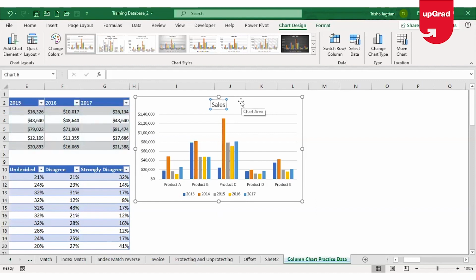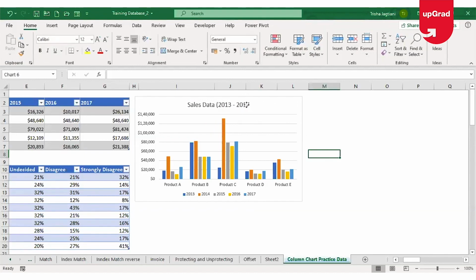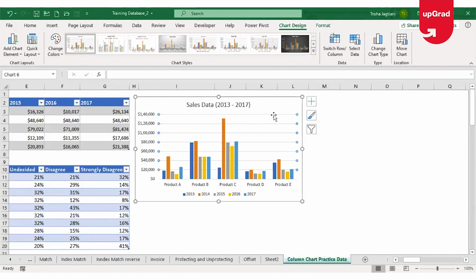Without a chart title, it is very difficult to identify what this chart is about. It shows sales revenue, or just the revenue data, the sales data for 2013 to 2017. That is the information it is giving you. Now, if I want to make this look even better, I can use other types of charts here,